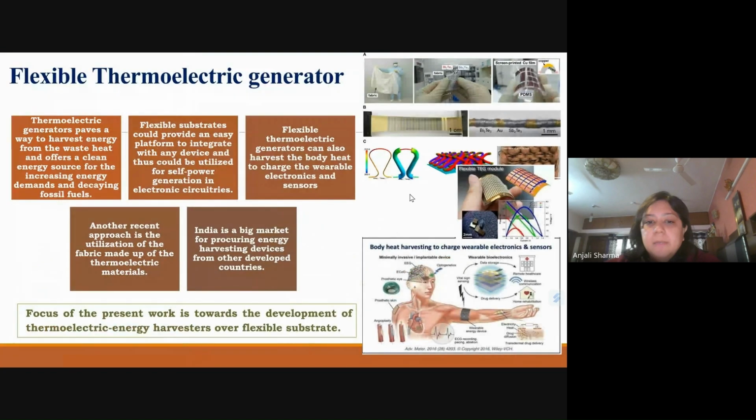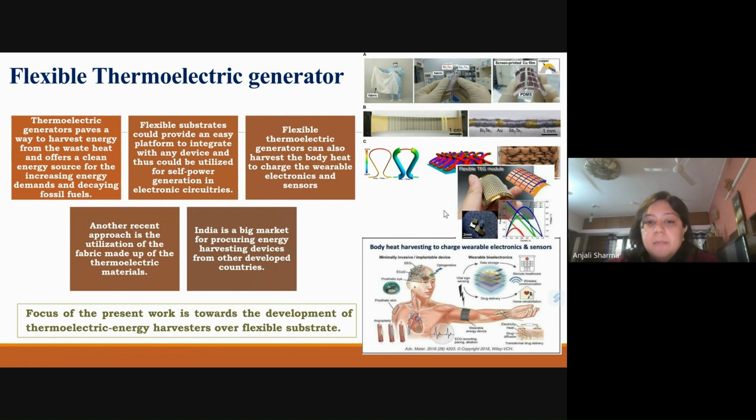So we have flexible thermoelectric generators also these days. These flexible thermoelectric generators are produced in the form of fabrics or flexible modules. Thermoelectric generators pave a way to harvest energy from waste heat and offer a clean energy source for increasing demands and decaying fossil fuels. Flexible substrates could provide an easy platform to integrate